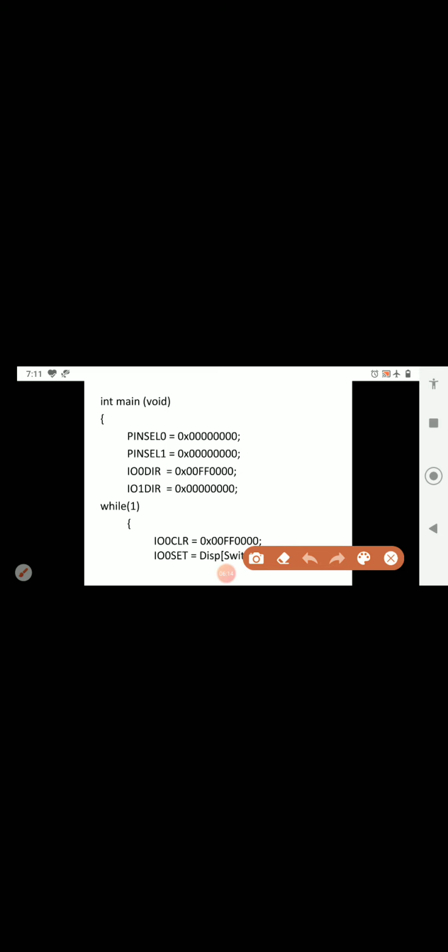So first we have selected PINSEL0 and PINSEL1. The meaning of PINSEL0, I am not telling the meaning of this word that I have written here. I am telling you that PINSEL0 means it is selecting port 0. The meaning of PINSEL0 is that we are selecting port 0, which includes the pin numbers